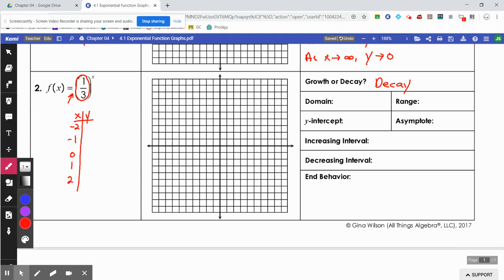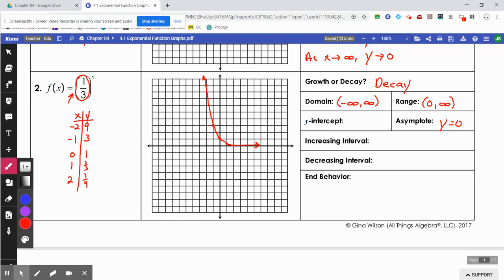Here are my x values. Let's plug them in. And there is your graph. Notice again, the domain is going left and right forever. There are no breaks in that graph. Your range, again, has a horizontal asymptote at y equals 0, so therefore your range is from 0 up,